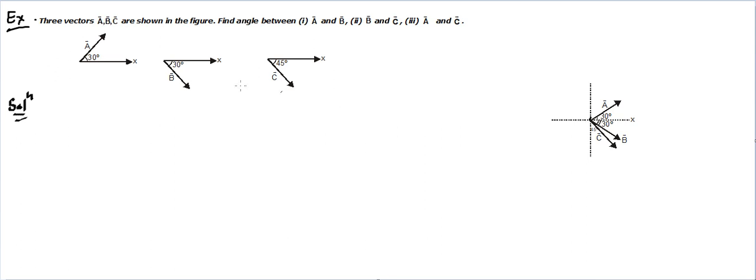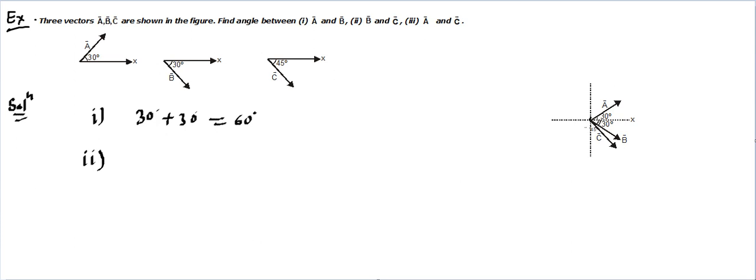Making sense or not? So if there are several vectors, we can translocate them in such a way that they become co-initial. Now this was 30 degrees from the x-axis for A. This is 30 degrees from the x-axis downside for B, and 45 for C. Now, the first part, option 1, is asking about A and B. So this is vector A, this is vector B, this is 30, this is 30. So can we say the first answer is going to be 30 degrees plus 30 degrees, which is equal to 60 degrees.